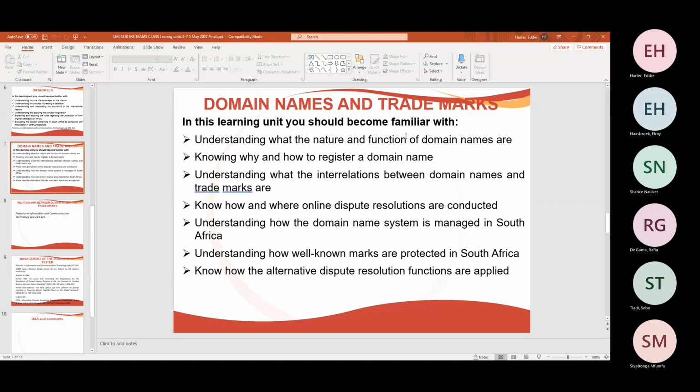So when the internet started, and you'll see a little history there within your study material, we had American international non-profit organizations. It actually started with the American Defense Department, and as it grew as a form of communication, it was then in the late 90s with control handed over by the United States government in terms of a memorandum of understanding with the Internet Corporation for Assigned Names and Numbers, and they fulfill certain critical functions in terms of the internet. And one of those functions, in essence, is